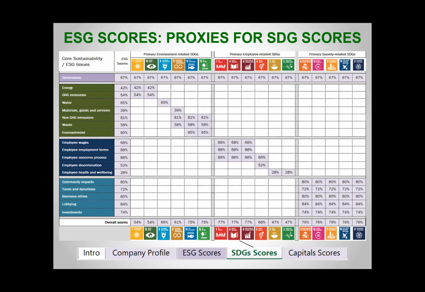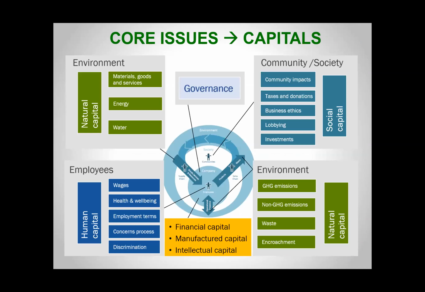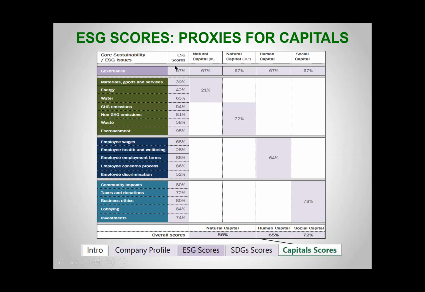And you remember, let's suppose someone wanted the capitals version of this. Well, as you saw before, the capitals are aligned with the same things that we've already scored in the SDG score sheet. So the way in which you do those calculations is pretty straightforward. All of these, and again, it's all light purple because these are automatically populated by Excel as you fill in the worksheet associated with the ESGs. So this simply maps the capitals to the clusters of ESG related issues or sustainability related issues. You come up with a score on the capitals.